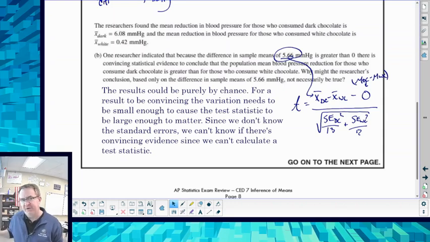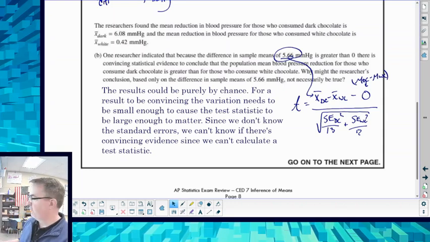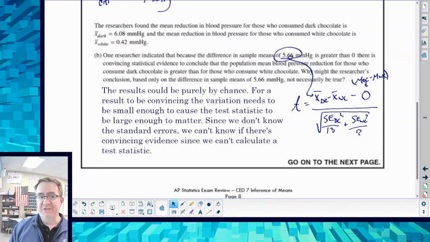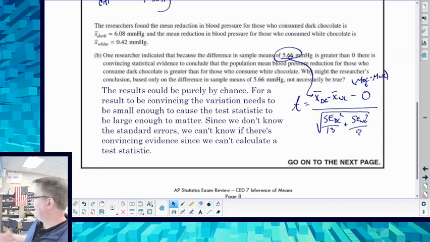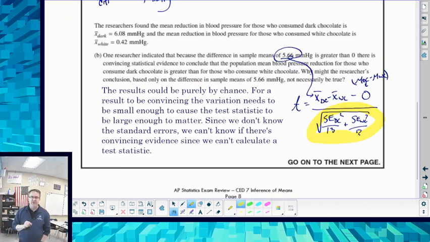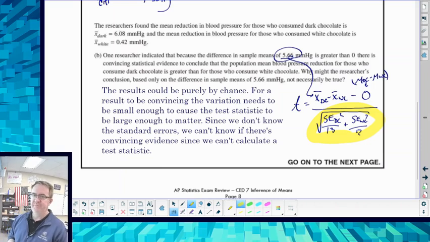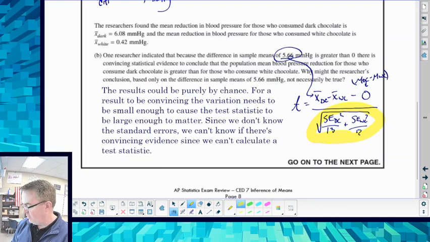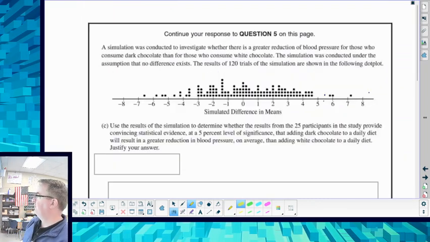This last part is probably the biggest part, because in order for things to be convincing evidence, you need a test statistic so you can figure out the probability for it. We can't calculate it out because we don't have this part right down here. Okay. So notice now we're starting to get in. We went from some of the stuff from early in stats. Now we're kind of closing it out with some of the other ones.